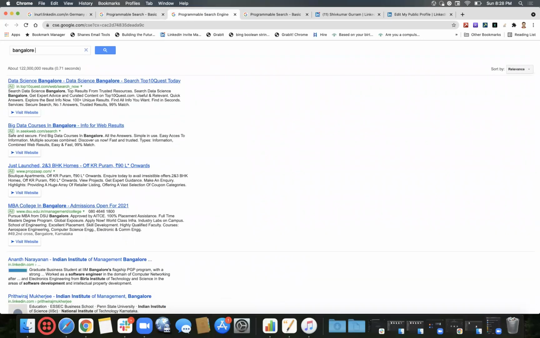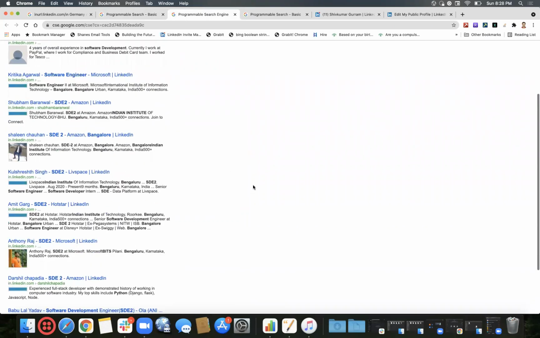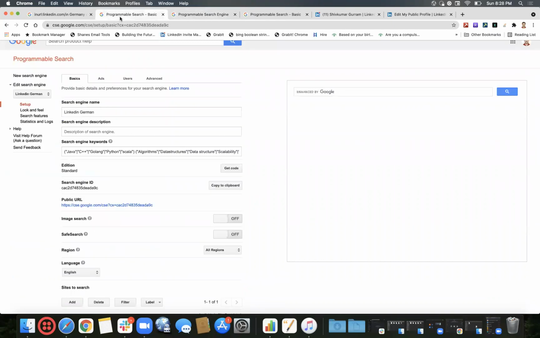Similarly, if I say Bangalore SDE or SD2, so we get all the SD2s. Okay, though we have excluded Amazon, it's still giving. Let's see, have we? I'll just take a pause. Any questions on this?